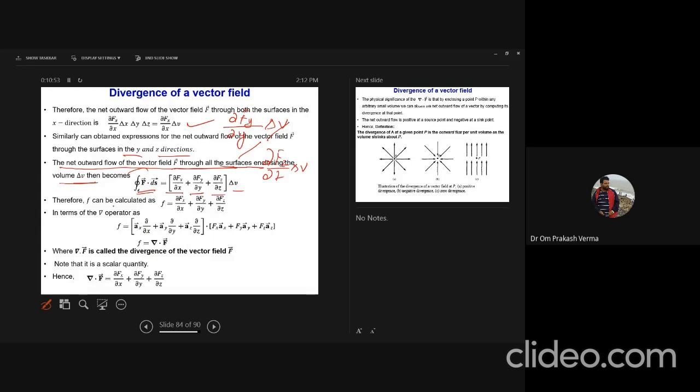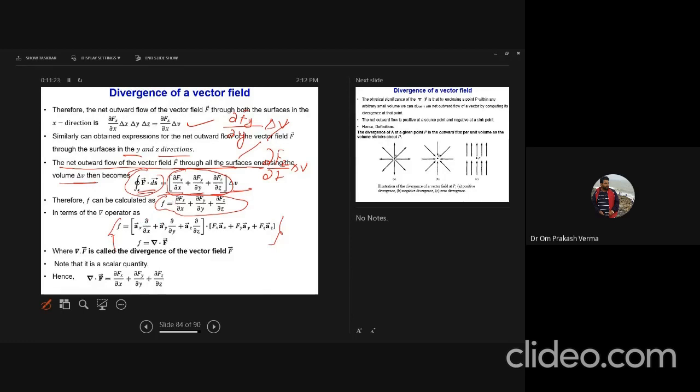Is it right? The integral of this one becomes this. Is it right? So now, can you represent this function? You have already seen this function in the del operator. So let's say this is the F. This scalar function may be represented with the help of the del operator, del dot F. Yes or no? We already saw this.